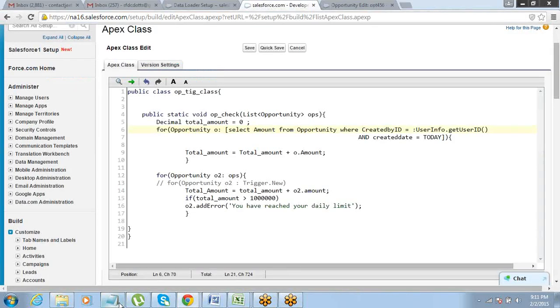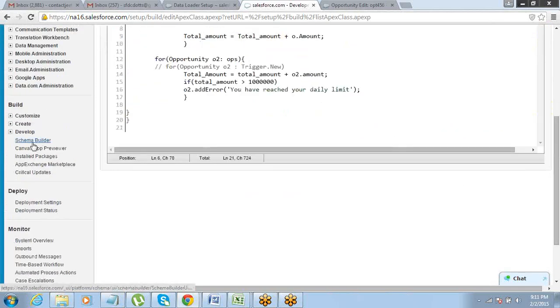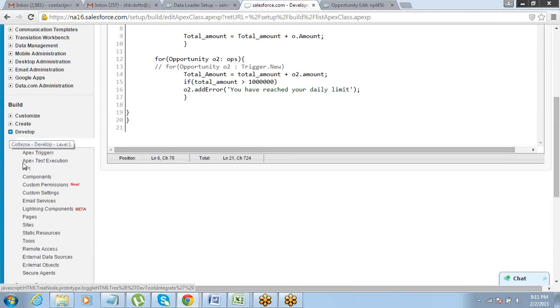How does it work? Let me show it to you. It's very easy. I think I already have some Visual Force pages, so I'll use any one of those. But before you go to your Visual Force page, you just have to go to Setup, then Develop, and then Sites. Okay. So you have to go to Setup, Develop, Sites. Click on this.